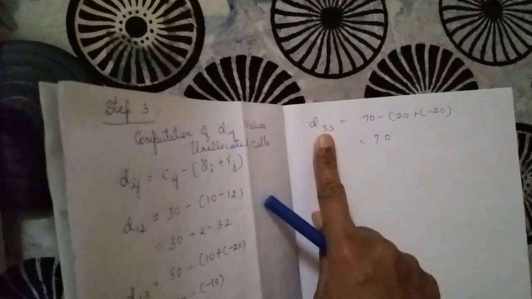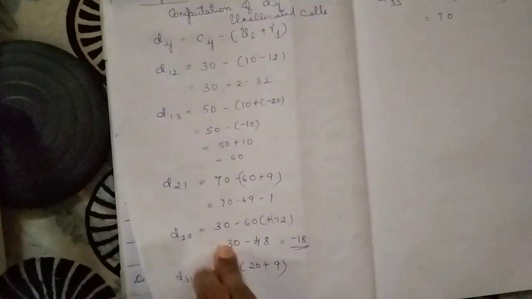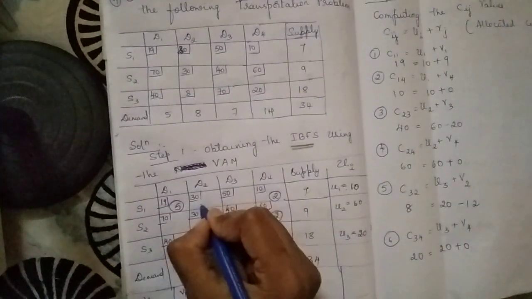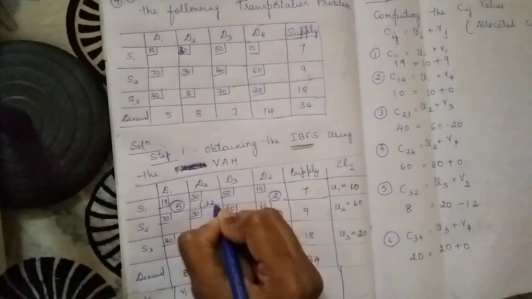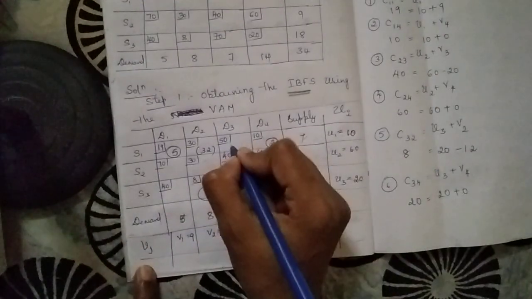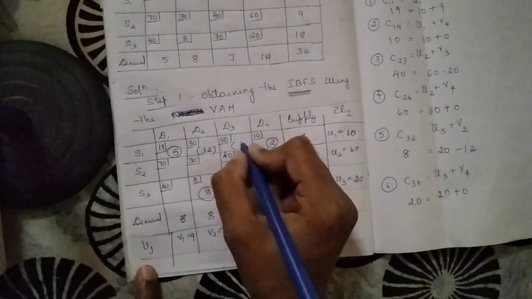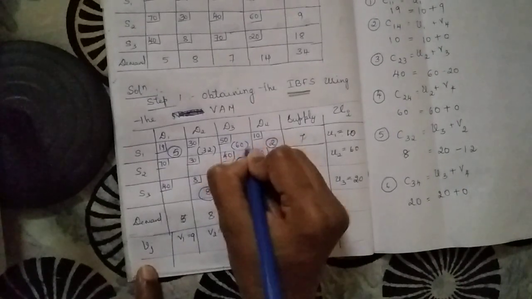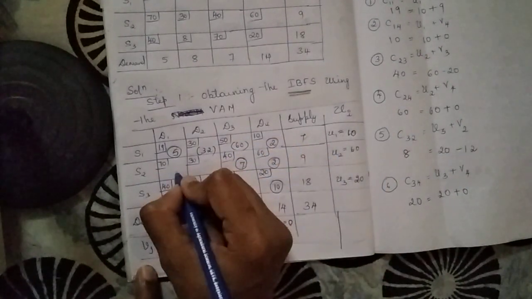D33, this is a cell address actually speaking. If you take it up, we will have to write it within the brackets. The ones which are encircled signify the allocations. These are all called Dij values. So when we calculate the Dij values,